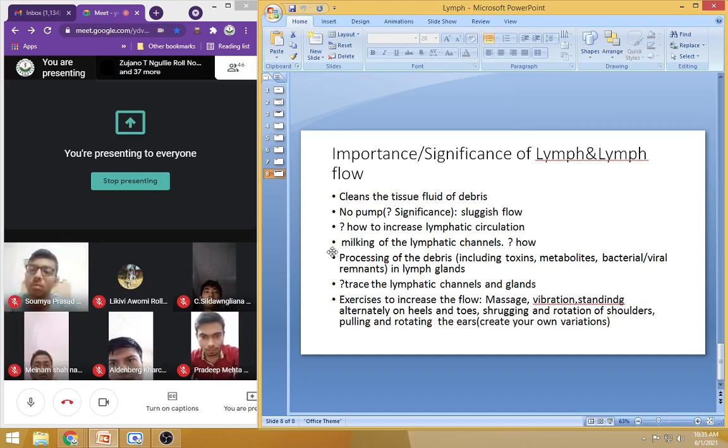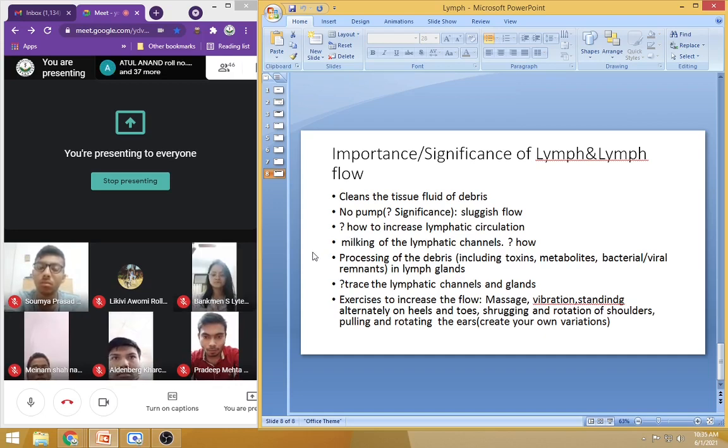Also the bacterial remnants, the viral capsular remnants like present COVID also. Therefore, you can see even after having the infection twice, thrice, people are still having it because their lymphatics are not very